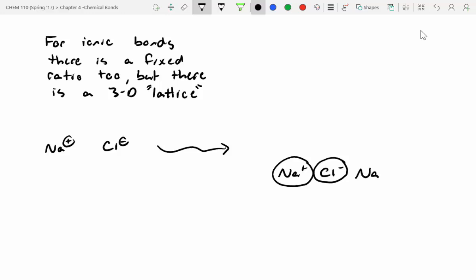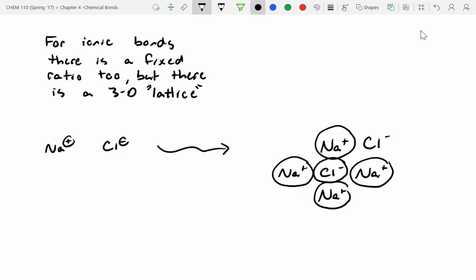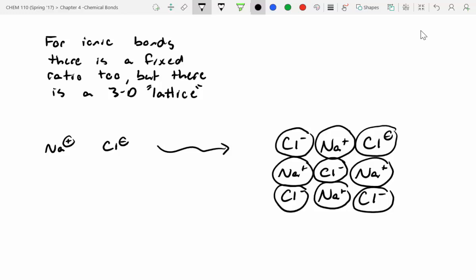And then we could alternate another sodium. We could have a sodium up here, kind of surround this chlorine atom with sodium cations. And then we could throw in some more chlorines, and basically what you end up with is an infinite